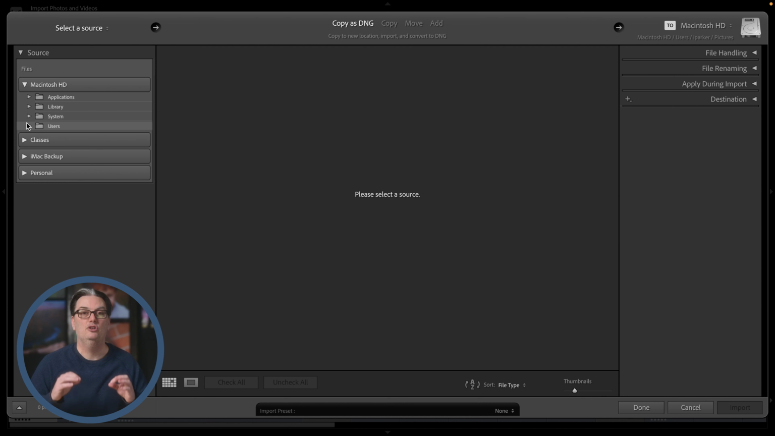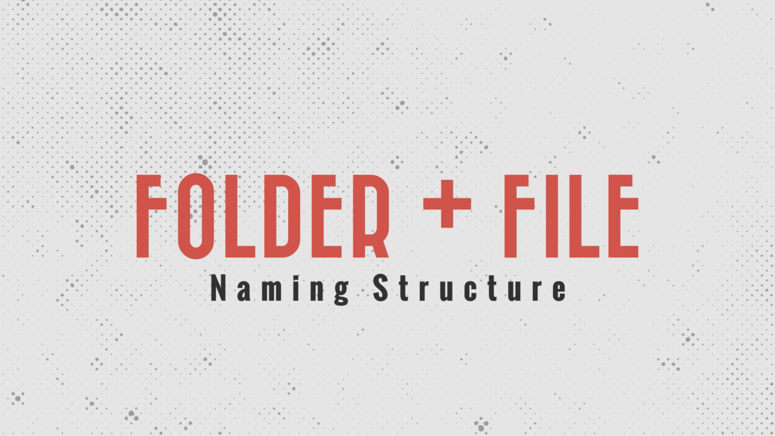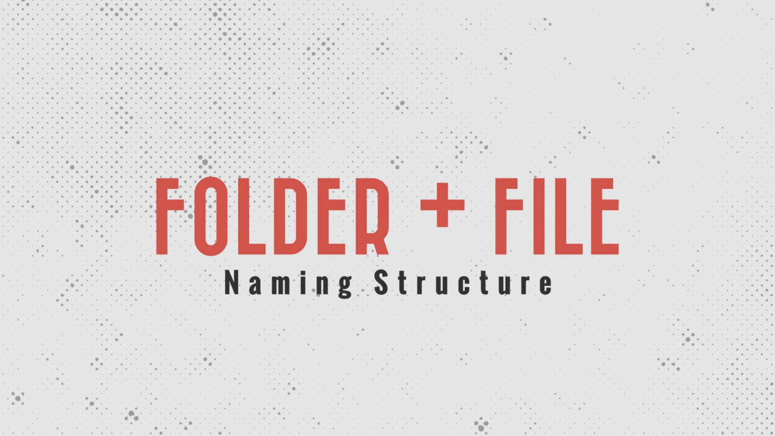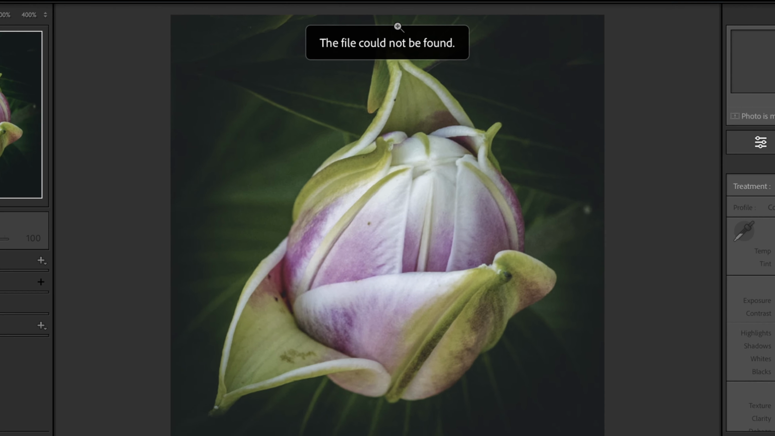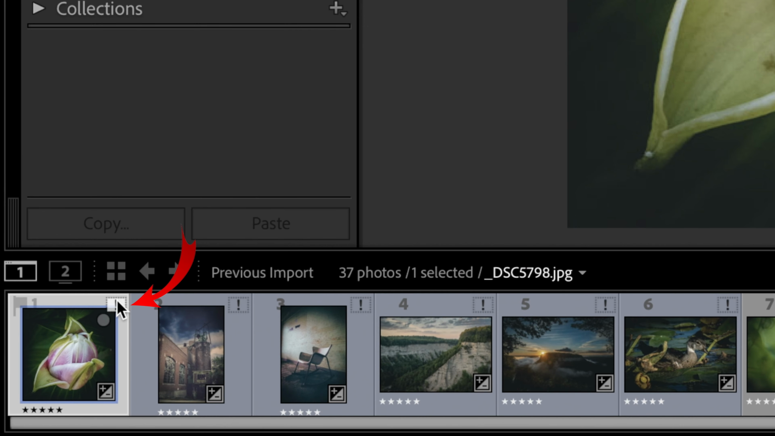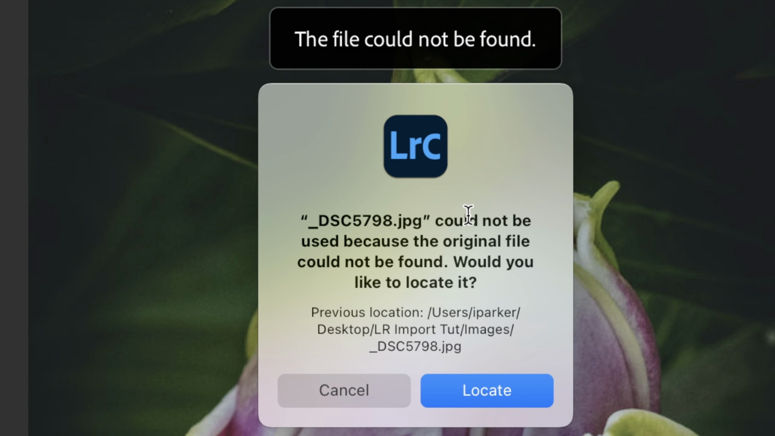something critical that you need to do before you begin importing your images, and that's creating a folder and file naming structure that you can utilize consistently as you work with Lightroom Classic. Because if you don't have a structure in place and you change a folder and or file name outside of Lightroom, you're going to create problems in Lightroom. Specifically, you're not going to be able to edit or organize your images if you change the name outside of